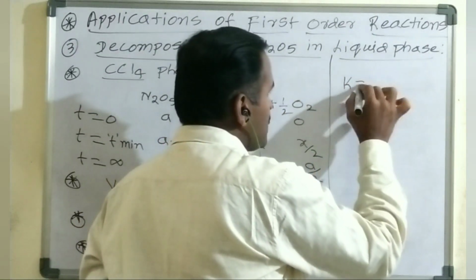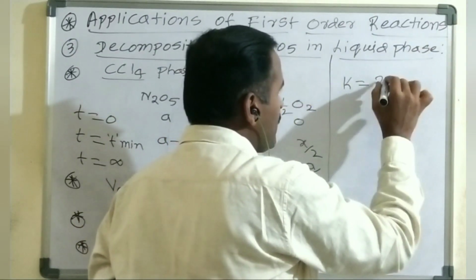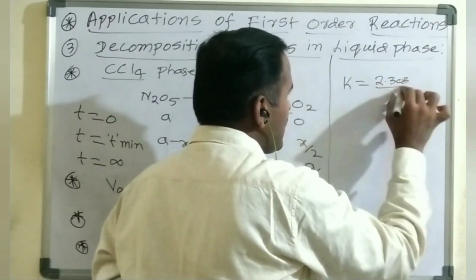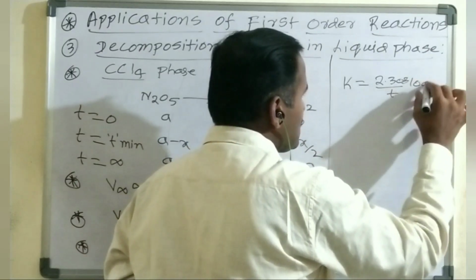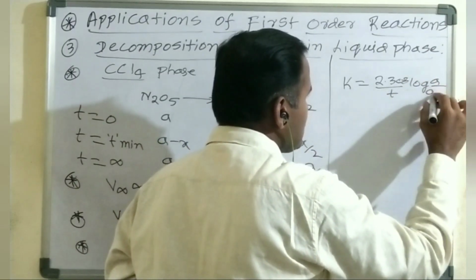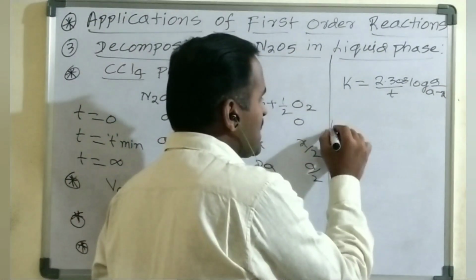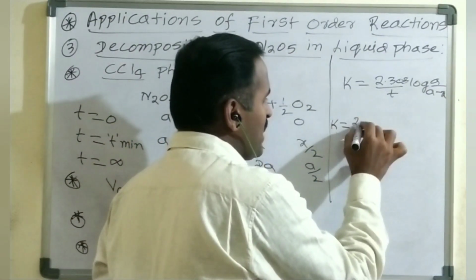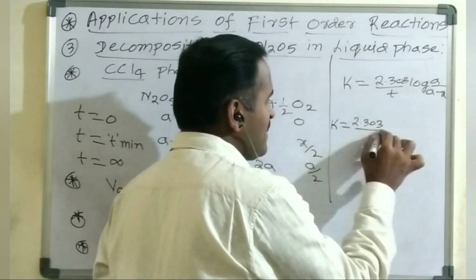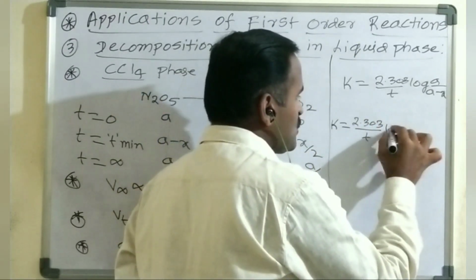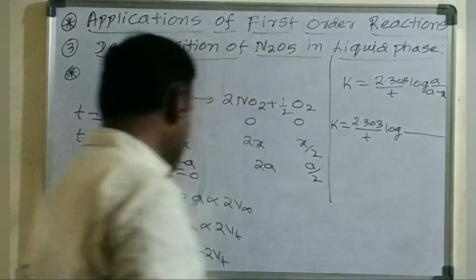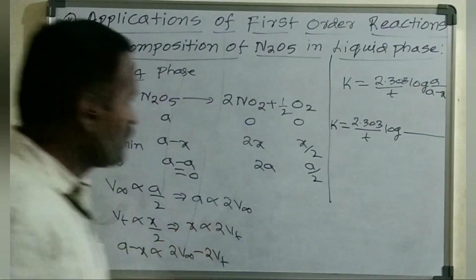So k is equal to 2.303 by t, log a by a minus x, which is a simple first order rate constant. So k equals 2.303 by t, log, where a is nothing but 2V infinity,